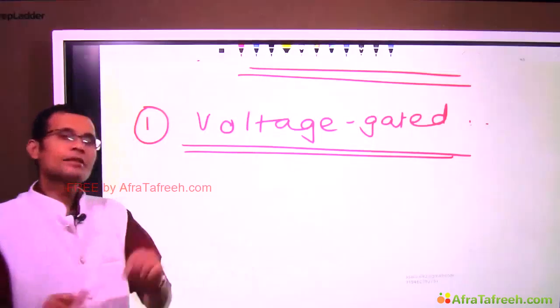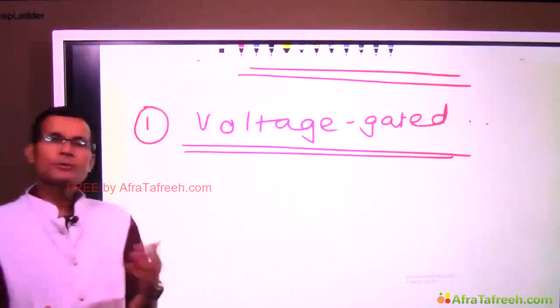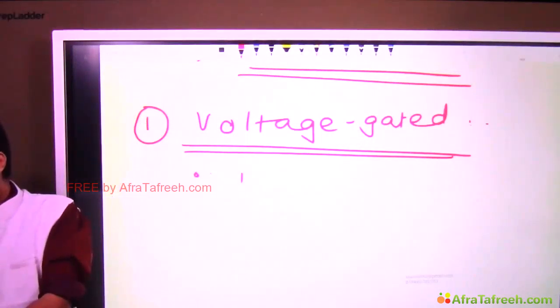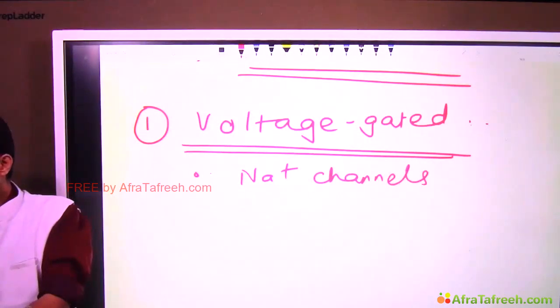So voltage is the deciding factor whether the gates will be opened or closed. Example, sodium channels in the nerve membrane,